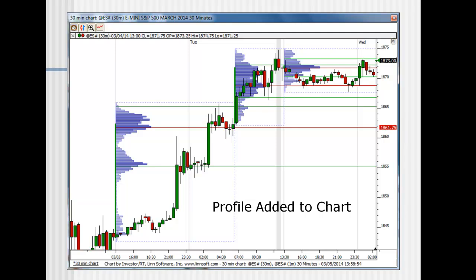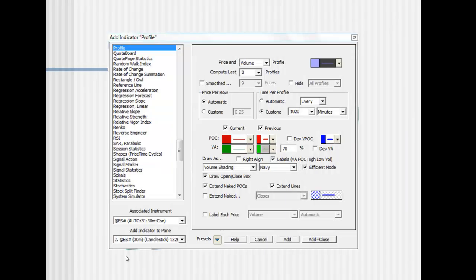Now, to be able to use this tool, it's really quite simple. And to break up the profiles into sessions, at least for the ES Mini, as I have done on the previous chart, I have included this slide with the different settings so you can take a look at them and create them in your own platform. And here I am using Market Delta for the platform for these slides. So I won't go through the process of how we set it up. I'm going to rely on you to do that. I'm going to focus our attention in our lesson on our strategies and how we actually begin to trade using